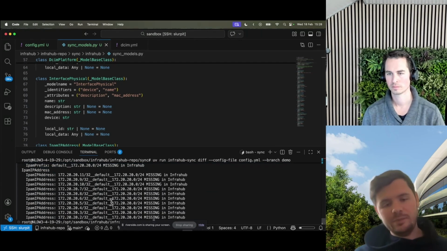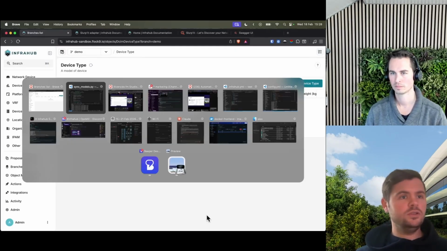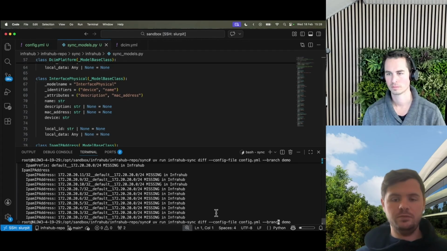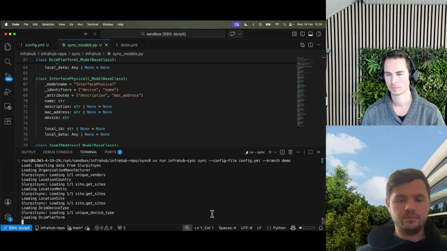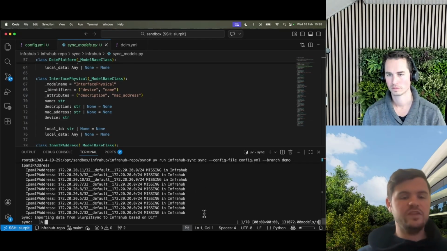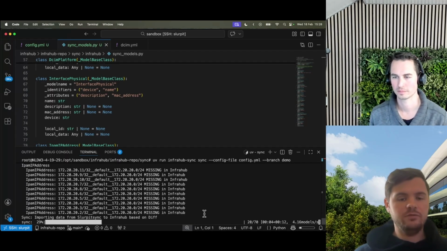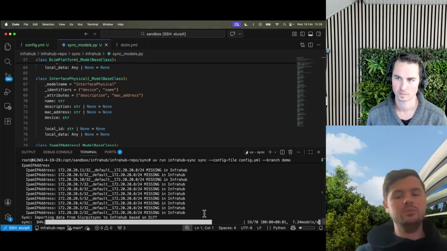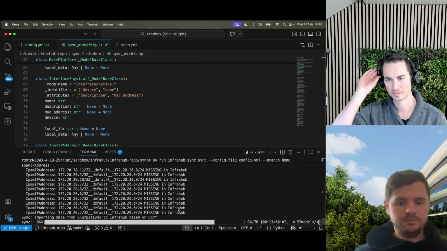And when you're happy with that data, instead of doing diff, we can specify sync. So if we go back into here, I can just press sync, and it will do the same. We'll go and fetch the device information from Slurp'it and query what Infrahub has, do the diff, show you what the diff is, and then it will go and import that data into Infrahub. So it's just completing. Hopefully we get